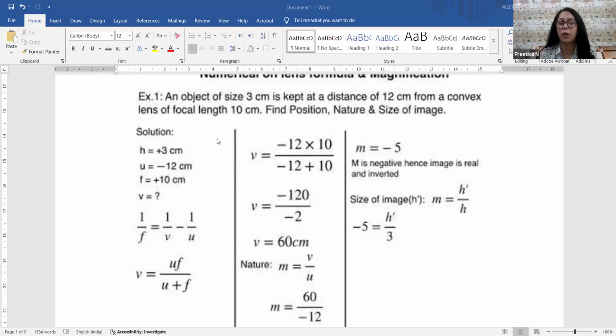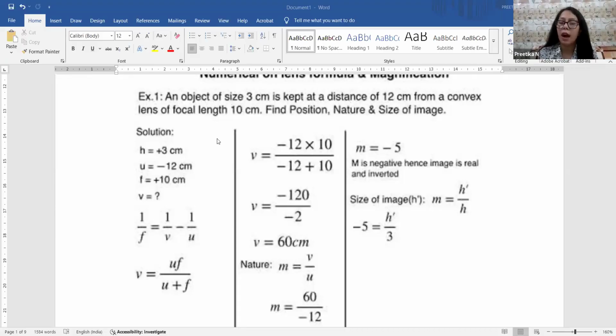and obviously अब हमें निकालना है size of the image. तो उसके लिए एक simple सा formula है आपके पास, m is equal to v upon u. You are having v also, you are having u also. So you will put down the v and u का value, your magnification will come out to be -5. और वहां से भी हमें clear हो गया कि whenever there is a negative sign, the image is actually real, right? Magnification आ गया.